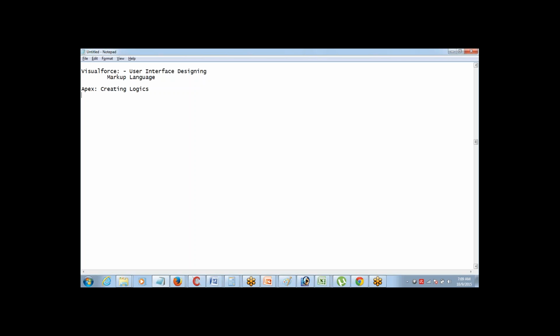Apart from this, there are two other query languages which we are going to use in Salesforce: SOQL and SOSL. A query language is the program that you write to fetch data from the database or perform any changes in the database. Apex and SOQL we will come to later. We'll start with Visualforce today: understand what it is, how it works, and start creating user interfaces using Visualforce.